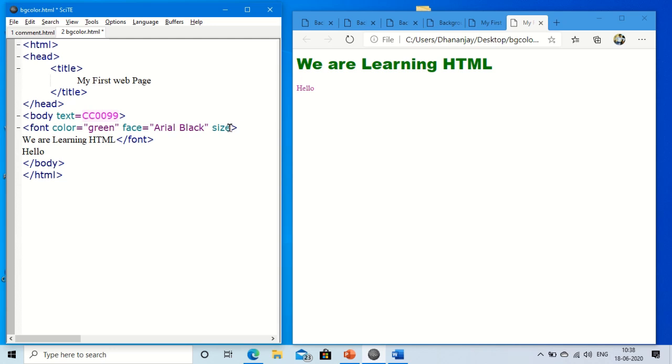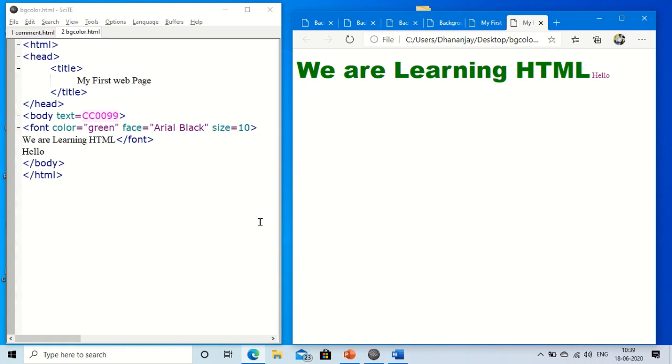But here I am giving size equal to 10, and let me save and refresh it. You can see. So using this font tag, you can change the text color of particular text. You can change the face, I mean the font of any particular text, or you can change the size.